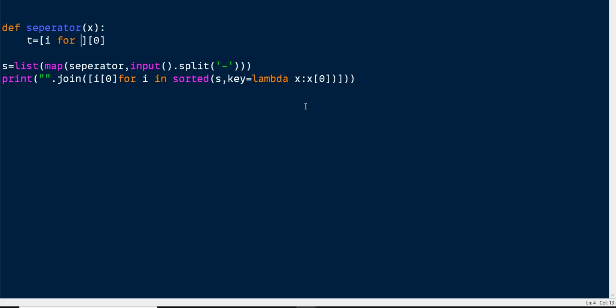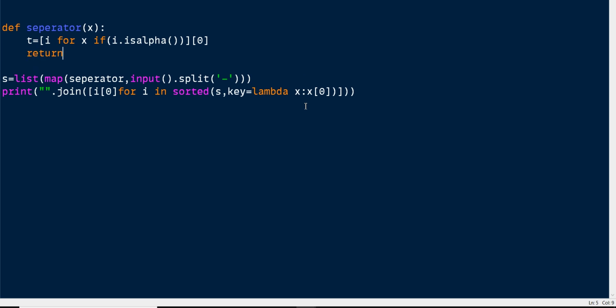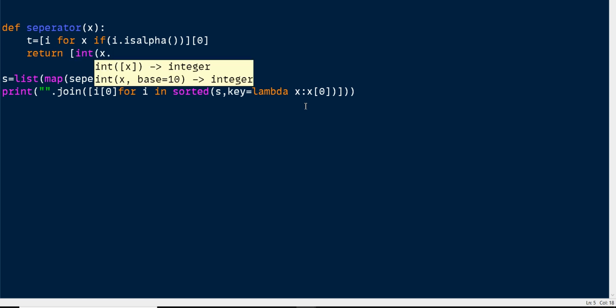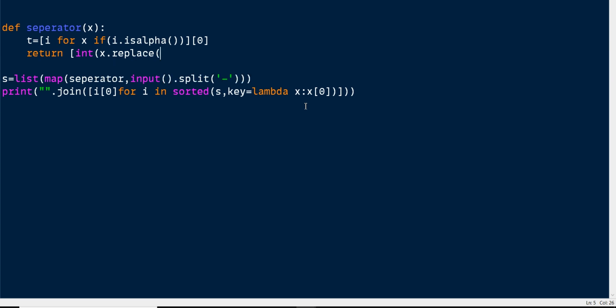That's what simplicity is. For i in x, if i dot isalpha, so we will get the character, and we have to return a list of int x dot replace of t comma empty character, and then t.